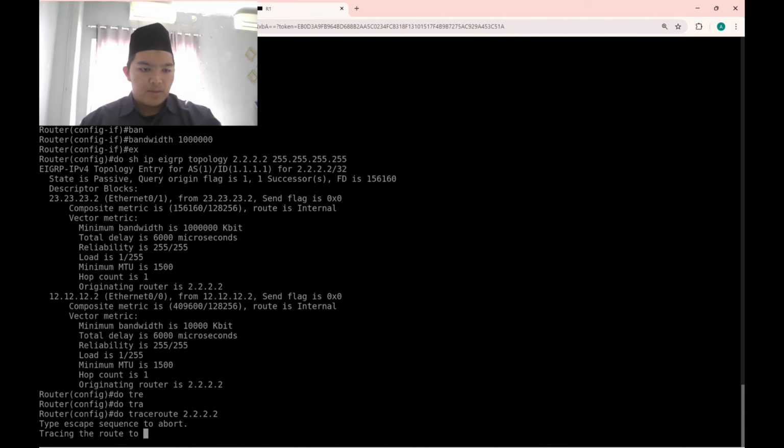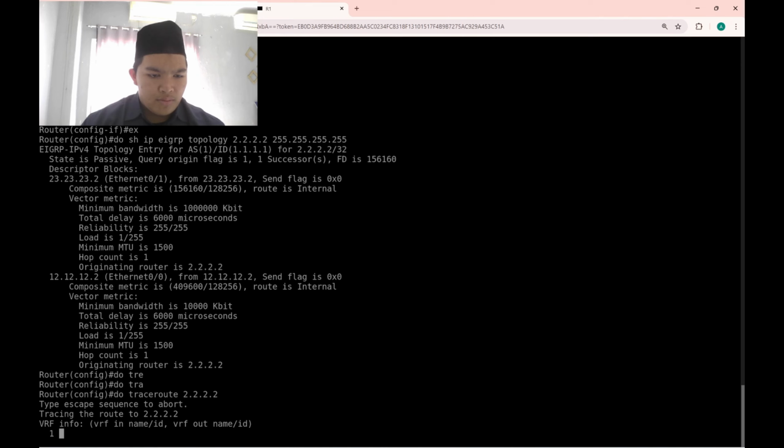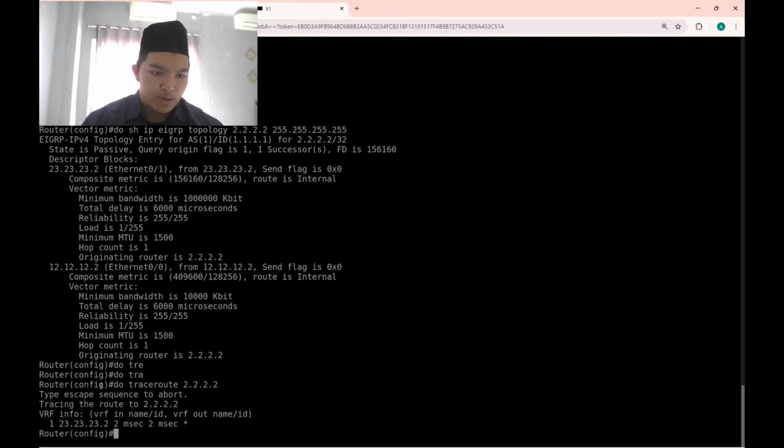Gonna see whether it works or not. Okay, it works, because the path that router 1 uses is Ethernet 0/1.